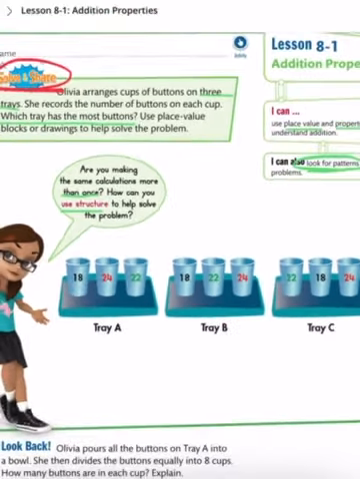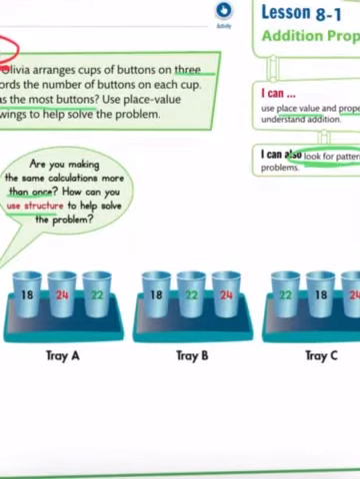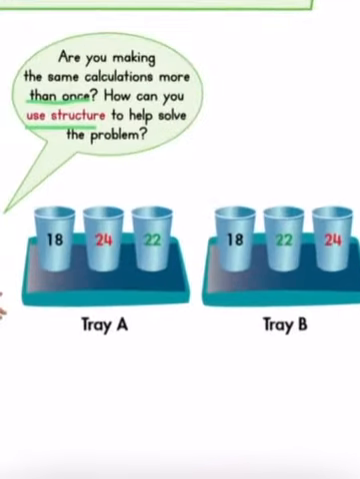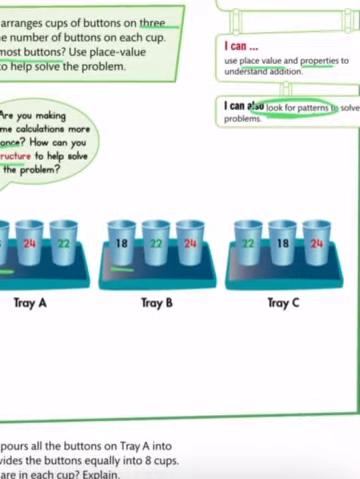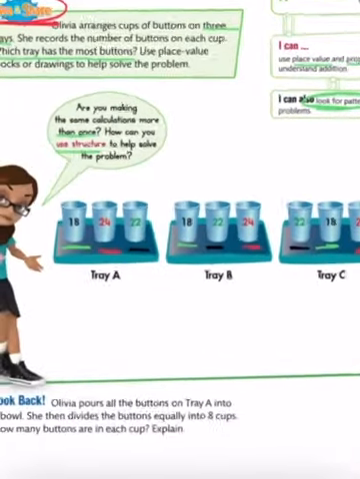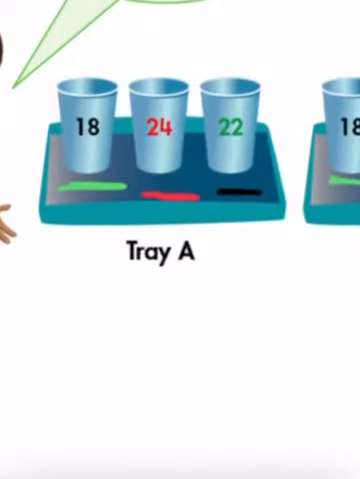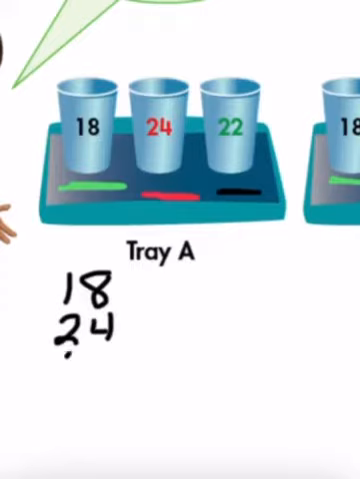So if we look at these 3 trays, A and B and C, they all have, I think, the same numbers. They all have 18, right? Yep. Do they all have 24? There's 24, 24, and there's 24. And then do they all have 22? They sure do. Okay. So, if we solve tray A, I can write that down as 18 plus 24 plus